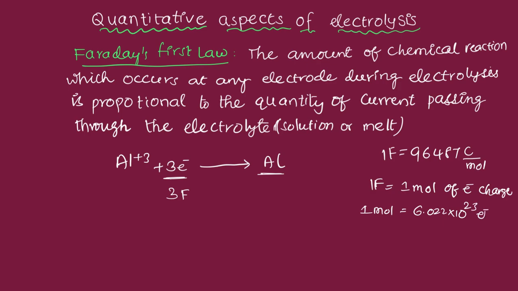So 6.022 into 10 power 23 into 1 electron charge, which is 1.602 into 10 power minus 19. After multiplying this,